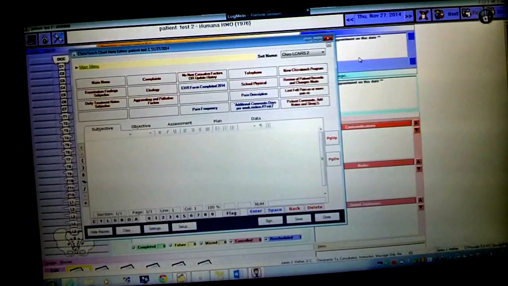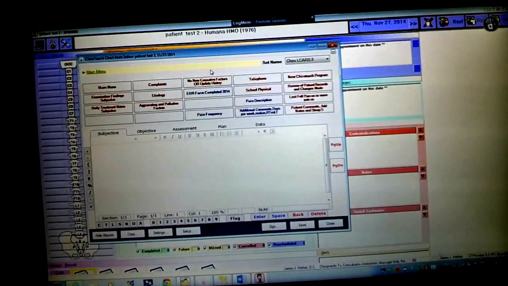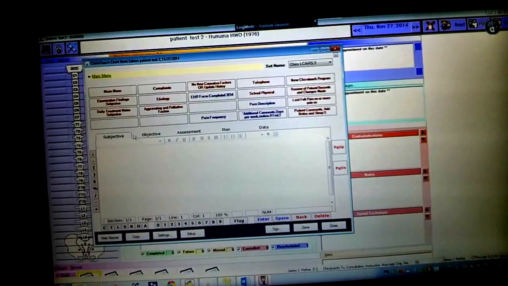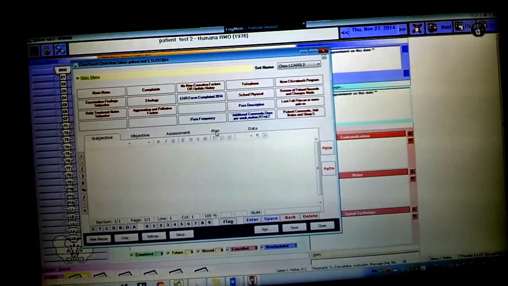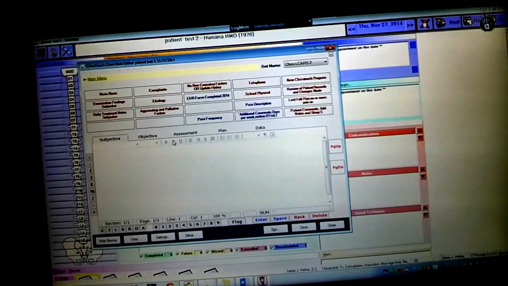All right, this is an example of ChiroTouch's program by Dr. Hether using the Google Glass. We have our subjective, objective, assessment, and plan. This works a little bit better on the iPad, but I wanted to show you what it looked like on